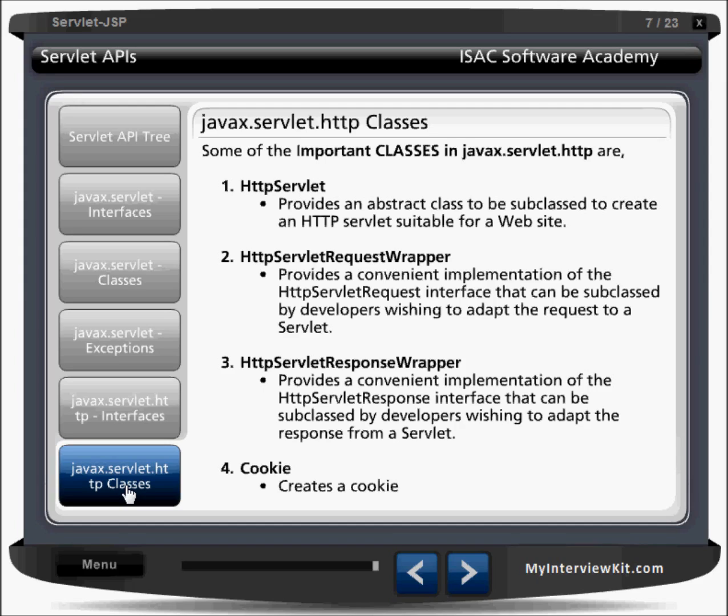HttpServletRequestWrapper provides a convenient implementation of the HttpServletRequest interface that can be subclassed by developers wishing to adapt the request to the servlet. Similarly, we have HttpServletResponseWrapper and Cookie. These are the classes we have. They also help you handle things like managing the session of the client, right? Cookies are one of those, and HttpSession is another one. I'll explain in detail once I say